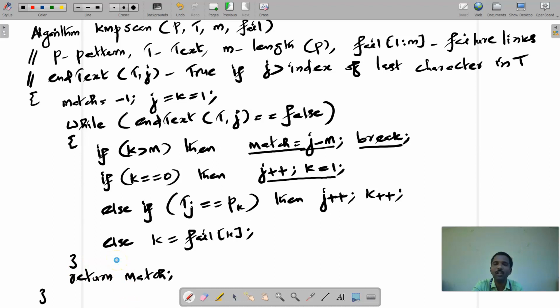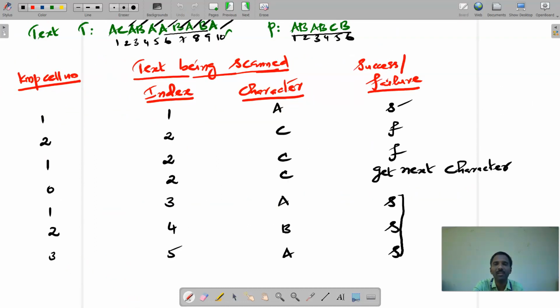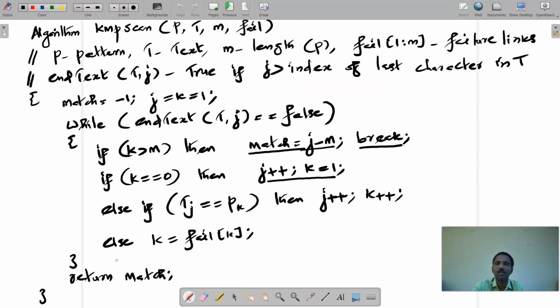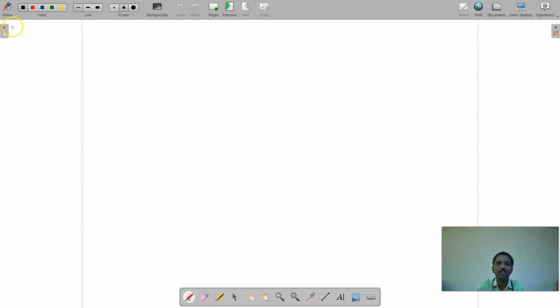Now let's have a look at the same pattern as well as text array. Pattern is AB, AB, CB. Text is AC, AB, AA, BA, BA. So we need to check if the pattern is completely available in the text T. Now let's do the trace for this algorithm, the KMP scan algorithm, having the same pattern P, AB, AB, CB, and the text is